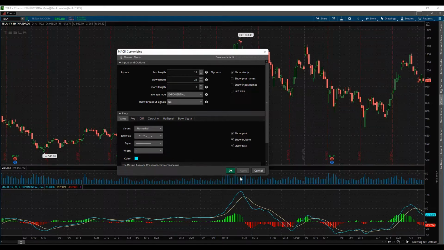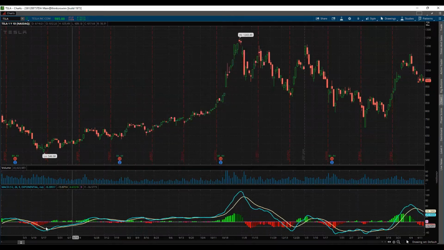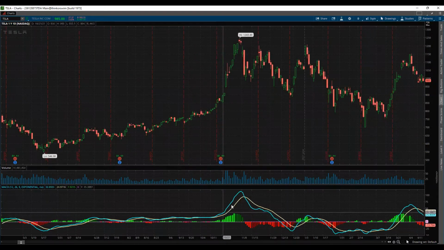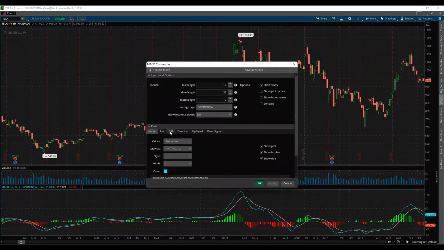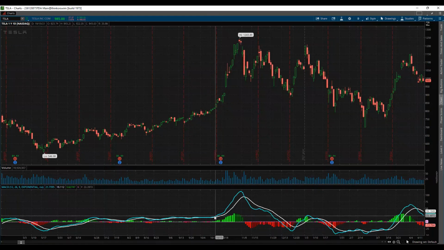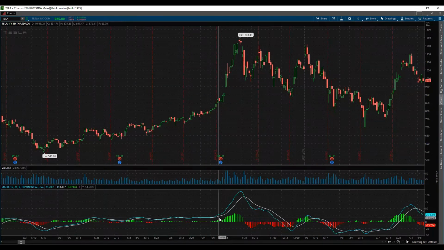The middle one is the zero line. If you see the straight zero, this is the zero line. Above zero is positive, below zero is negative. Now, how do they interpret this? The blue line is your MACD line, and the signal line is a white line. Let's make it a different color so that you are not confused. Let me make it white. So when the MACD line, the blue line, crosses the signal line,